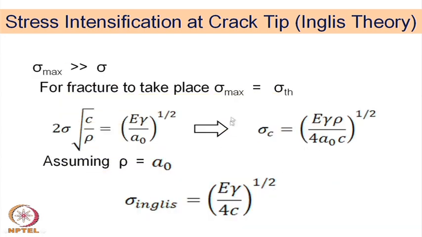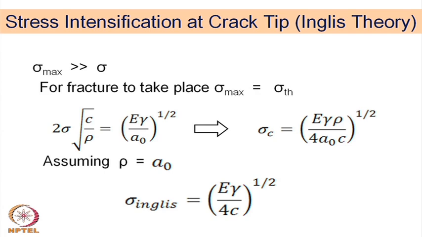If sigma max is greater than sigma for fracture to take place, this is of course the condition we have seen earlier. Sigma max is actually much larger than sigma, and for fracture to take place, that means for the propagation of the crack, sigma max must be equal to sigma theoretical. So, that is possible. Sigma max is much larger than the applied stress, and if sigma max is equal to the theoretical stress which is required for the separation of the two layers of atoms, then of course the fracture